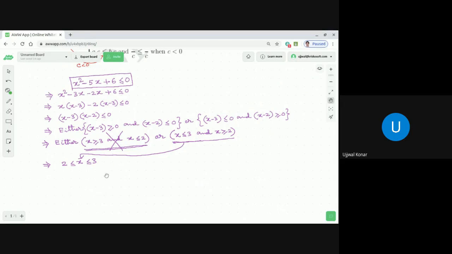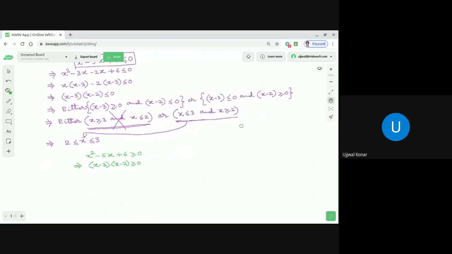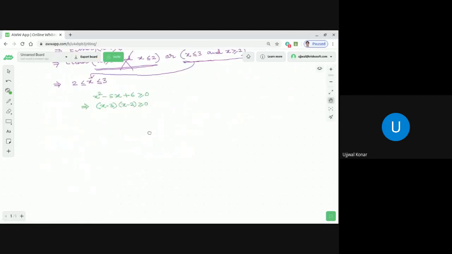So what we are going to discuss now, x square minus 5x plus 6 is greater than equal to 0. This implies, I'm not writing each and every step, I can directly write this, no? x minus 3 into x minus 2 greater than equal to 0, dear students. Yes. Because the middle term factorization, for that 7th and 8th standard mathematics is sufficient.